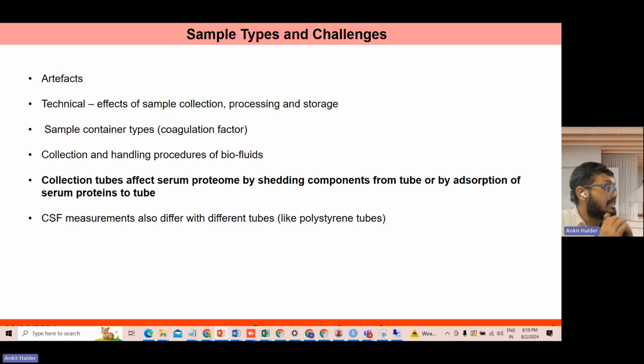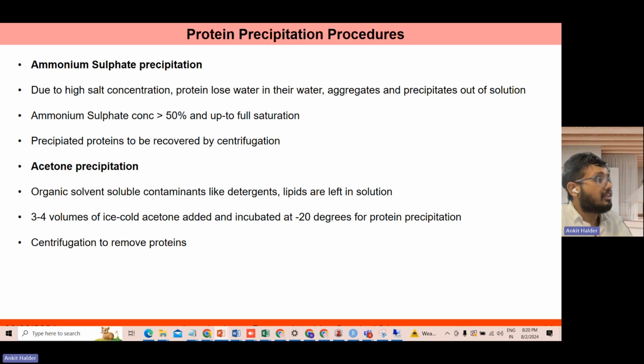Okay. Now the CSF measurements also differ for certain proteins. In the lecture it has given you examples like the tau proteins or the amyloid proteins, and in different tubes like the polystyrene tubes and all. So now what we need to do is that before going,